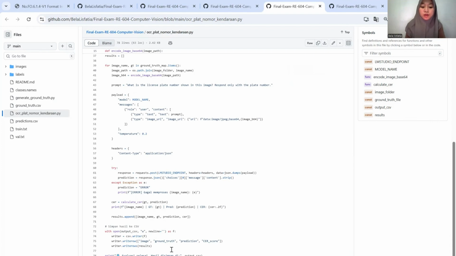Character by character comparison is performed using algorithms such as Levenshtein distance to calculate the minimum error between the ground truth and the prediction. A character error rate value more than 1.0 indicates that the prediction is significantly off, with many insertions or omissions.